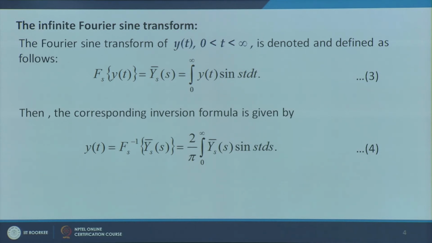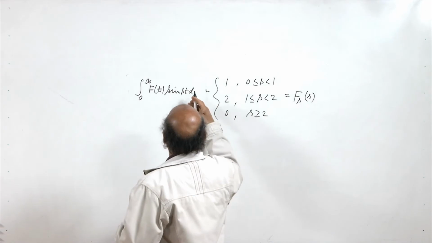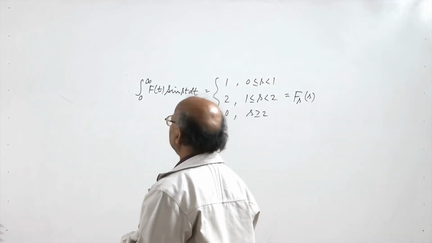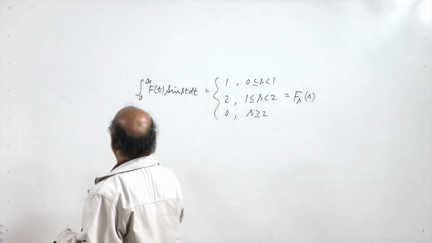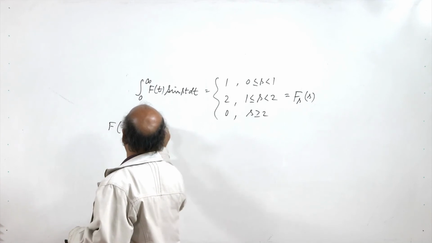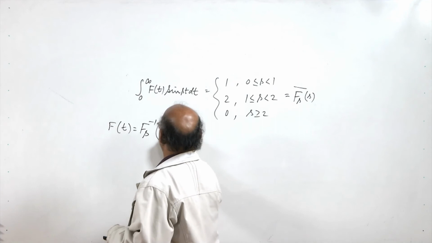So in place of ψ(t) we have f(t), and we have to determine the unknown function f(t). So let us see, f(t) is given by F_s inverse of F̄_s(s),